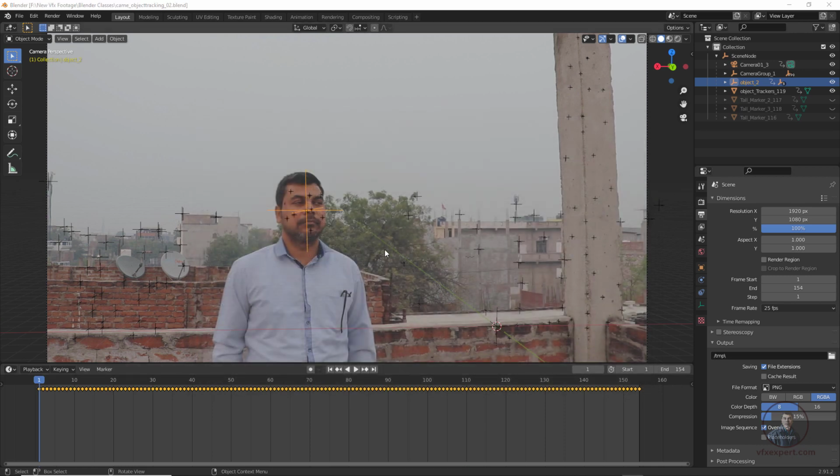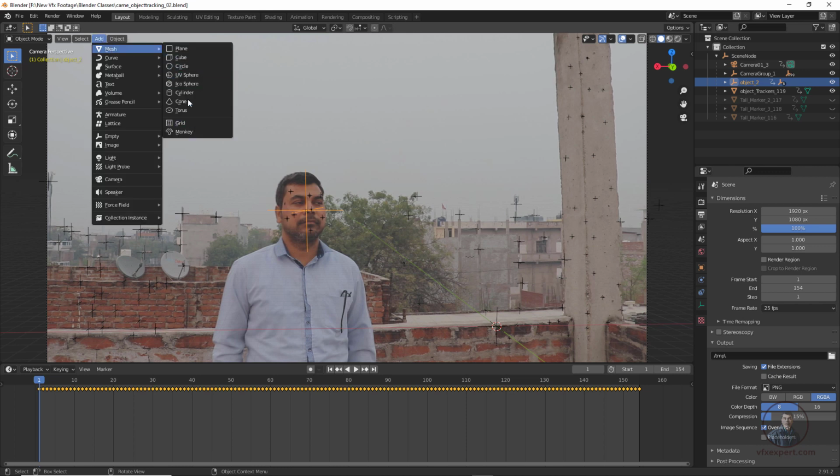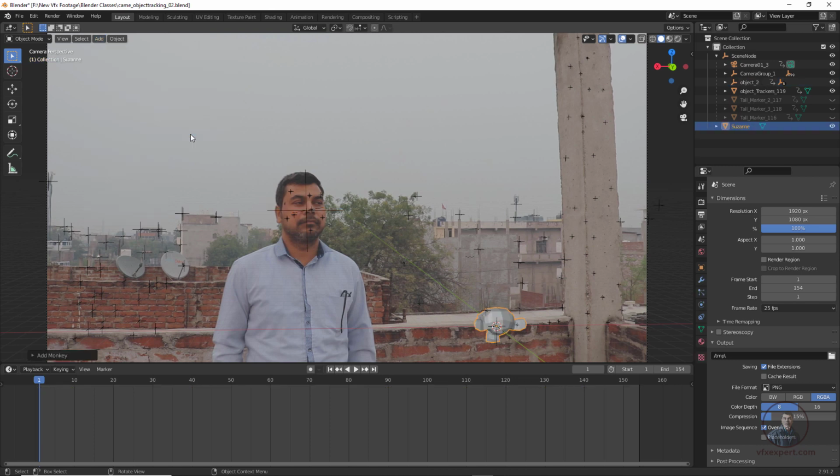Now I am going to create a 3D object and test our scene. Click on the Add option, then Mesh, and take any 3D element from here. Let's take this monkey. It will automatically be added where your cursor is. Press S for scale and scale it. Press G and Z and move it up. Then press R, then Z, and rotate it on the Z axis.